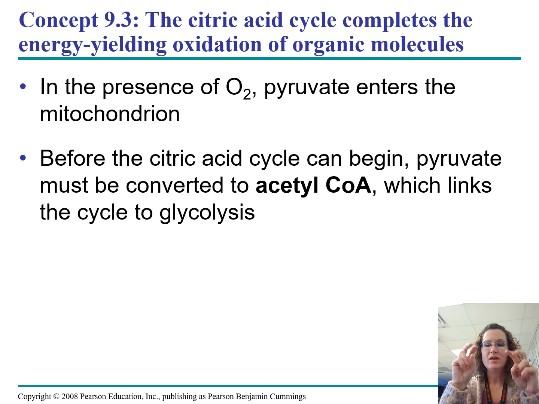And so we have 2 3-carbons that come in, and then we lose a carbon from each one as we spin through this little cycle. This carbon, so we take our 3 carbon, we get down to a 2 carbon. This carbon gets linked up with oxygen, and then it gets turned into CO2, and then we breathe it out.